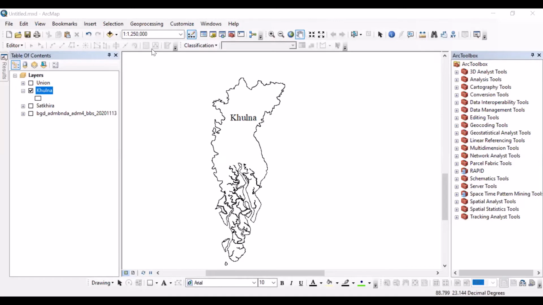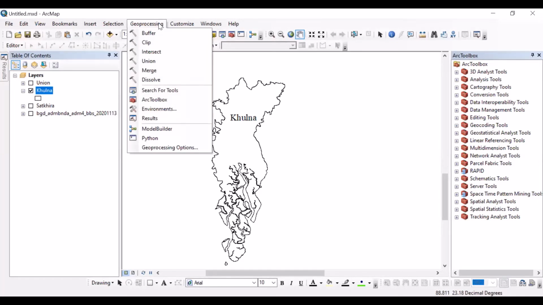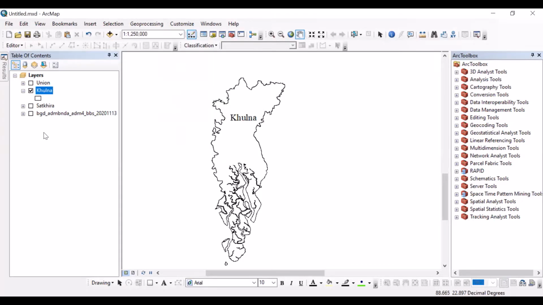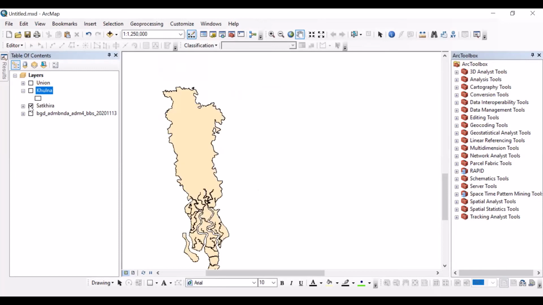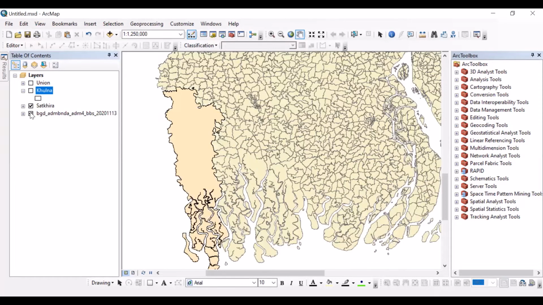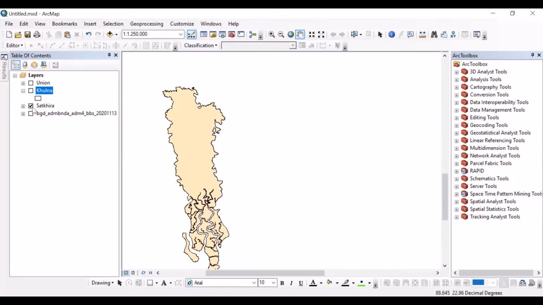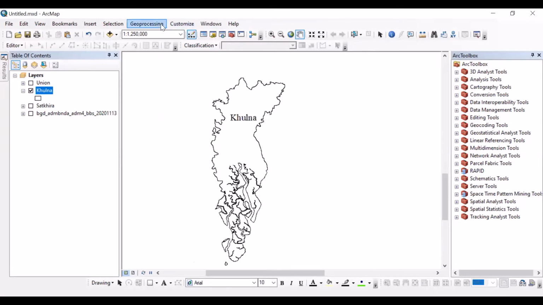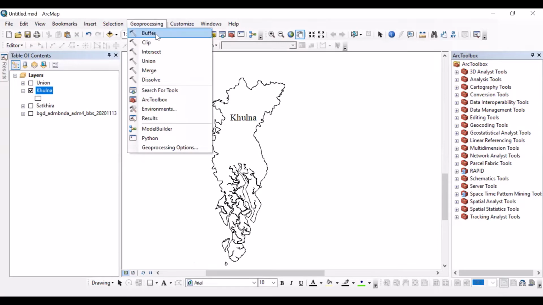Today we will learn about geoprocessing tools: buffer, clip, intersect, union, merge and dissolve. Let's start. For this tutorial, we have added 4 shapefiles: union, Khulna, Satkhira and level 4 data. Let's start our geoprocessing tools. First, we will use the buffer tool,